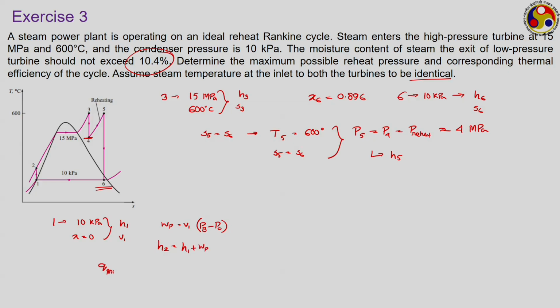Q primary will be equal to your H3 minus H2. So, you can get the Q primary because H3 you have identified, and for point number 4 now we know